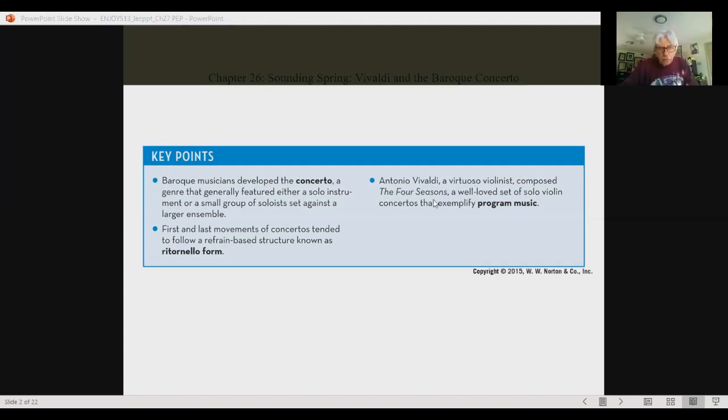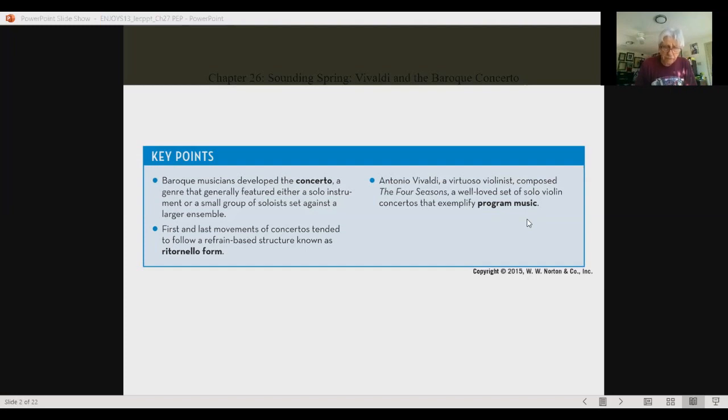Antonio Vivaldi, the composer we're going to sample, was a virtuoso violinist, and he composed a piece of music called The Four Seasons. And it's a very famous piece of music. You go to Amazon and look at CDs, you probably find 15 to 20 different recordings, different versions of the same piece of music. They're violin concertos, and it's one of the first major examples of program music. I think there was program music before this, and it's not the only program music, but it is program music.